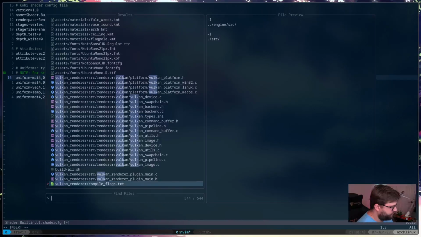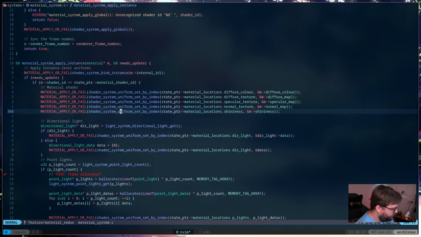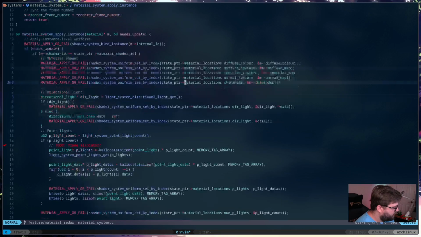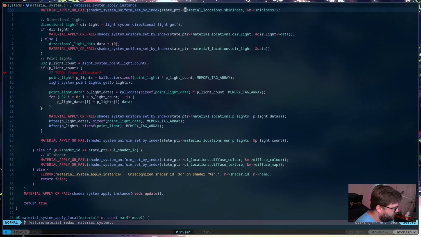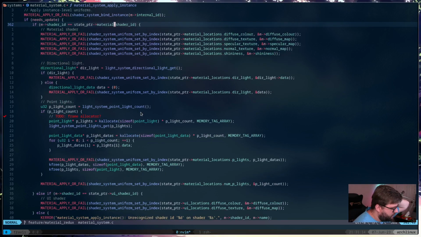Let's see. So material system apply instance. This is based off of material locations. It's going into the shader ID for the material shader, not the UI shader.